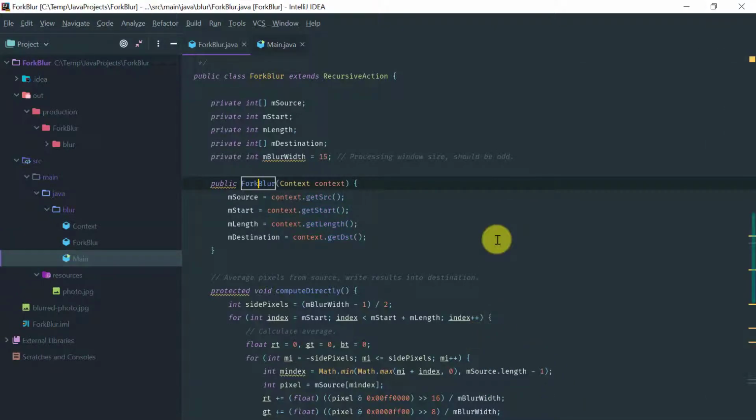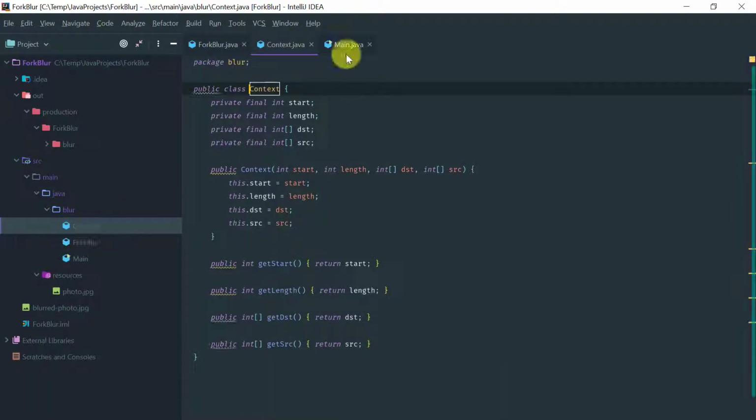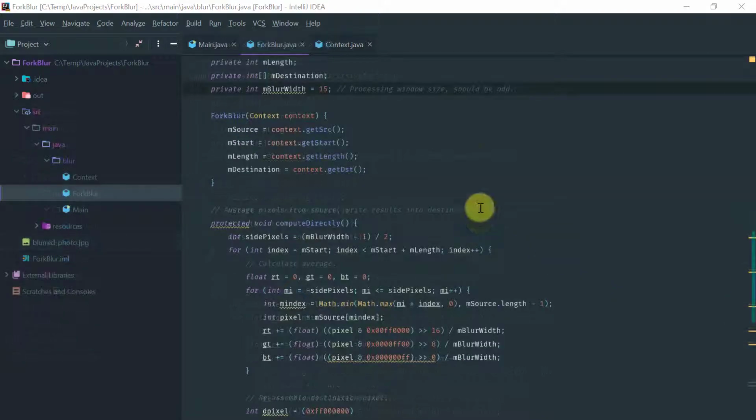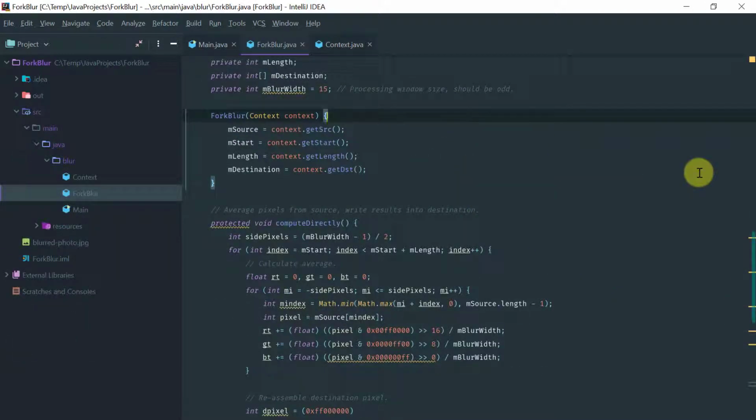Okay, cool. So now notice that the context class has been created with our fields, with the corresponding getters, and the fork blur constructor has been correctly refactored. Okay, so moving on, the next thing I would like to do is to extract a superclass that will contain